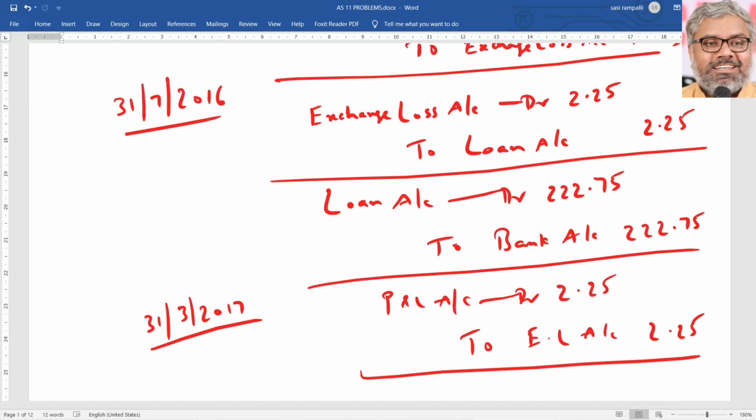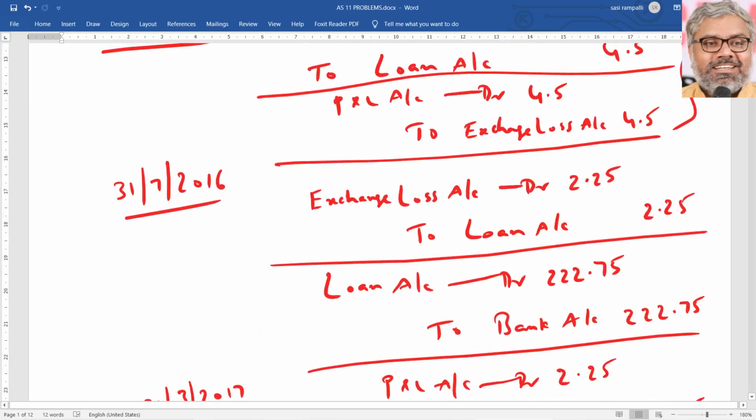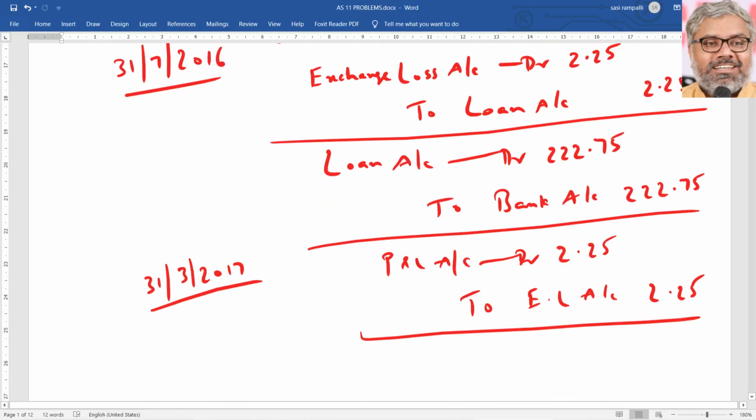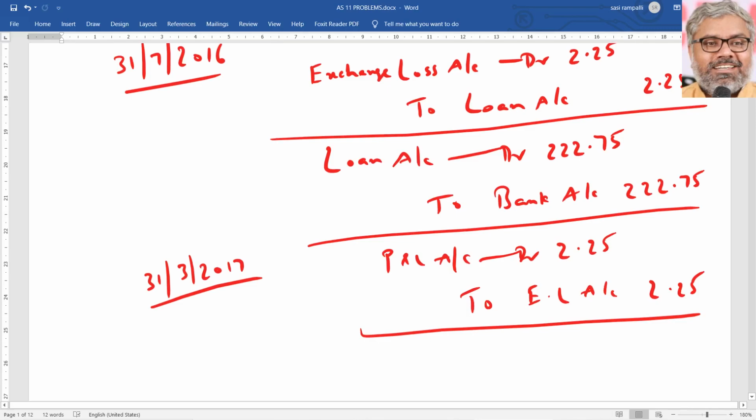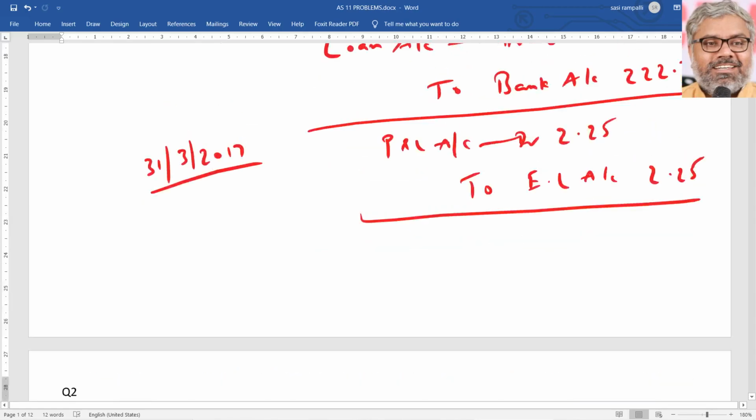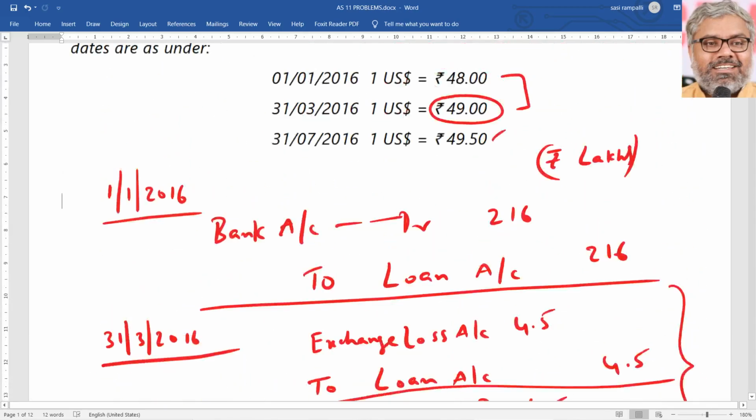So better to use 31st March 2017, which will be the closing of accounts for the next year. In that year, the exchange loss from this transaction was 2.25 lakhs that has been transferred to P&L account. That's it. These are the various entries that should be passed, and these type of questions can very well be